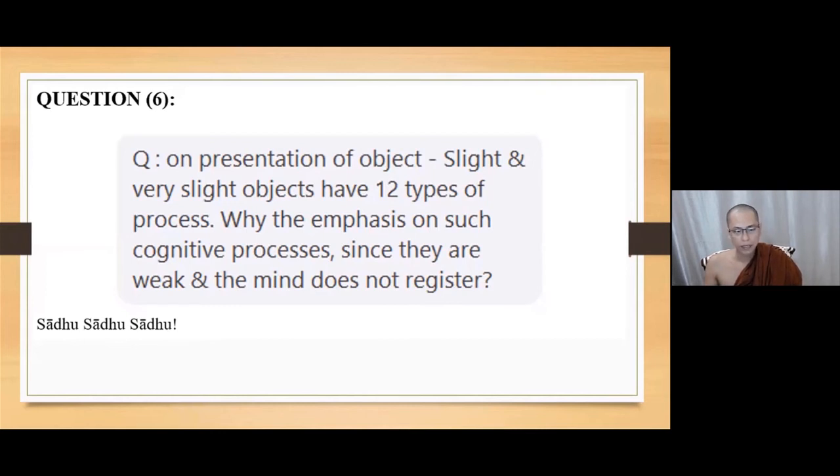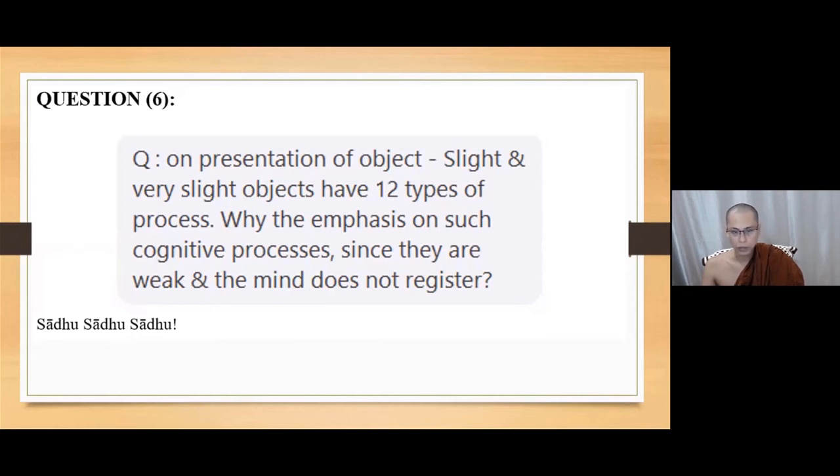But at that moment, in the 12 types of mental process, the mind movements are different from the bhavanga, which is originally continuing in life. So to see the bhavanga and also the difference of each type,